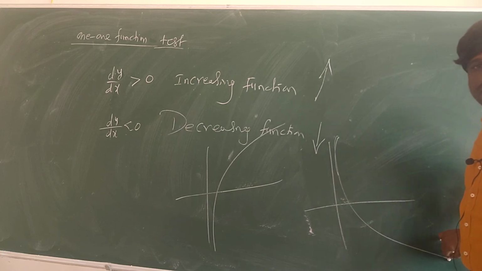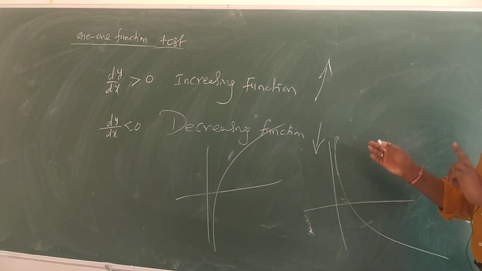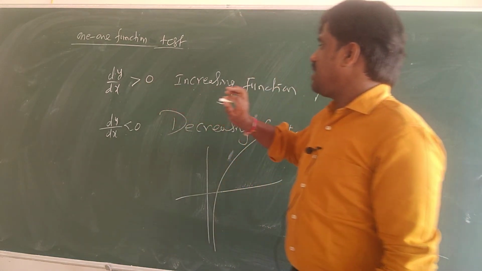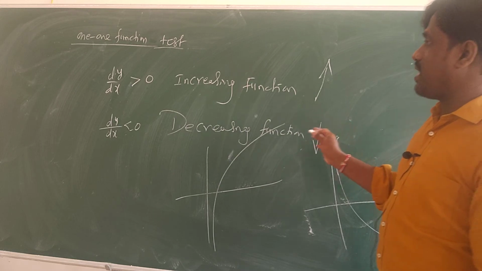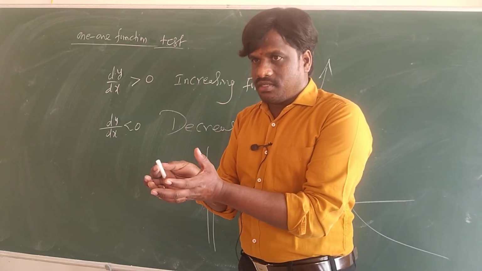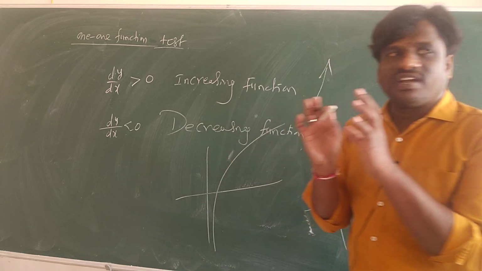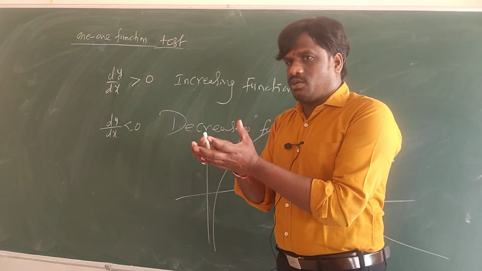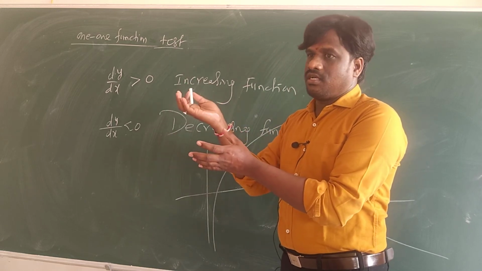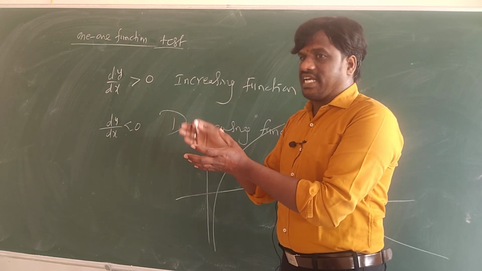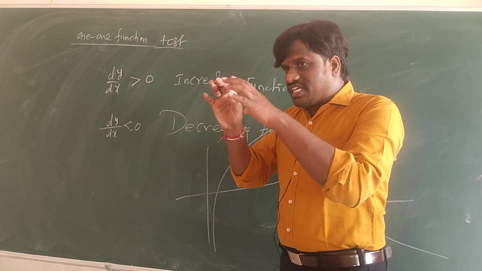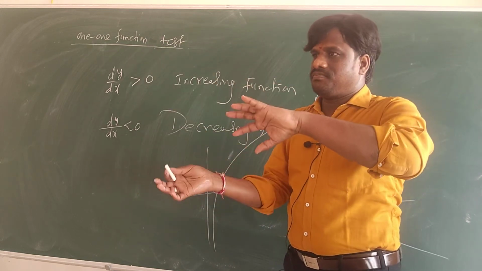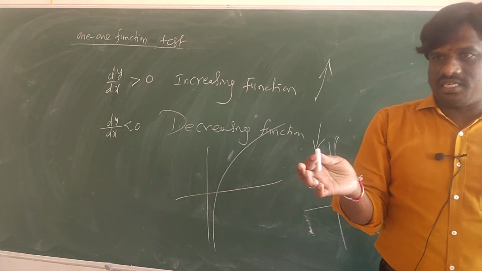It's monotonically increasing or monotonically decreasing. So when a function is monotonically increasing or decreasing, this difference depends on dy by dx. If dy by dx you get positive in the given domain, means whatever values of x they give, for that domain dy by dx is positive, then it is an increasing function. If dy by dx you get negative, then it is a decreasing function. In the given interval, if you are getting both decreasing and increasing, then it is a curve. It's not monotonically increasing or decreasing.